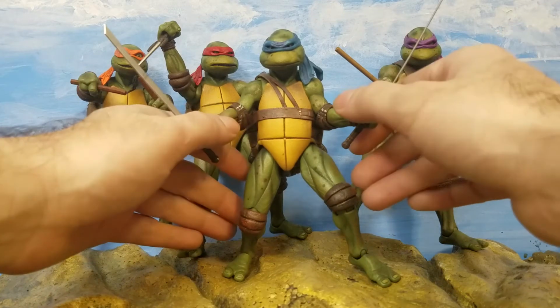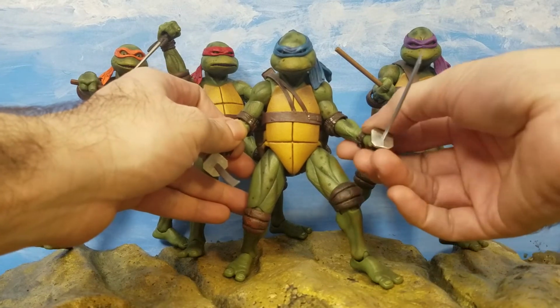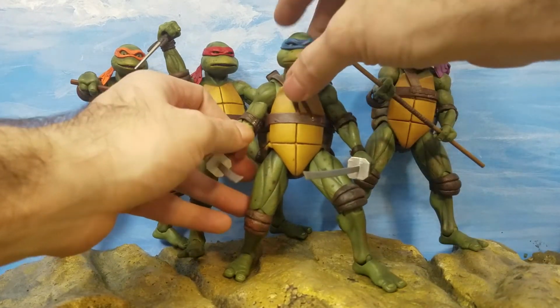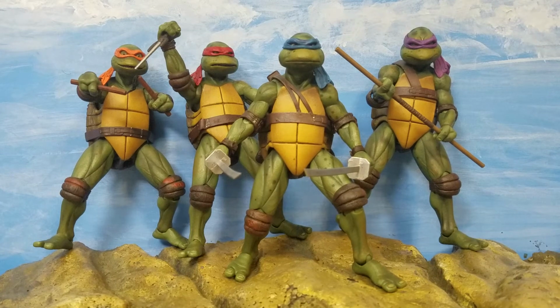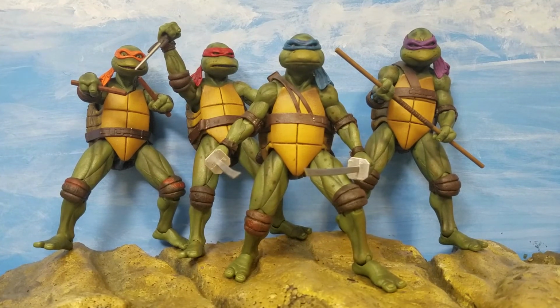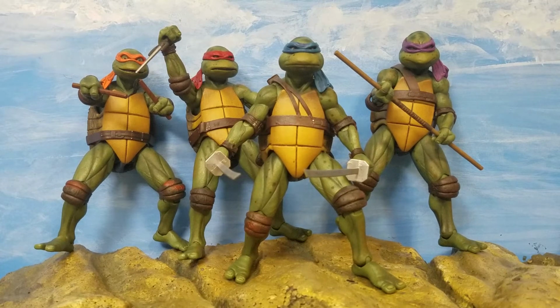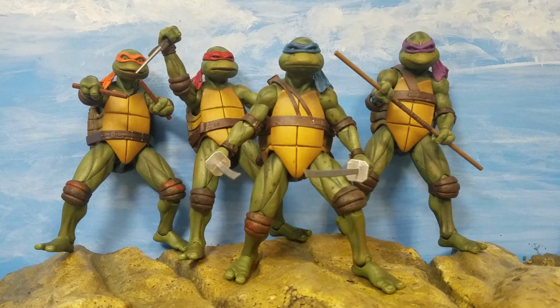I would love to get a Foot Soldier 2-pack, or I think what NECA's putting out are these cartoon accurate Turtles. I'd like them to do a 2-pack of Shredder and a Foot Soldier, and Casey Jones and a Foot Soldier. That way he has someone to fight, and Shredder has someone to command and tell him to go and get the Turtles, go vanish. But wouldn't Splinter be cool too? That would be awesome. Who would you buy Splinter with? Would you want to get a 2-pack Splinter and Shredder, or